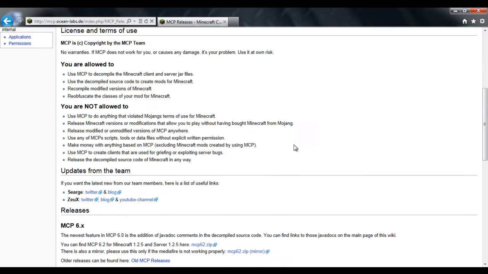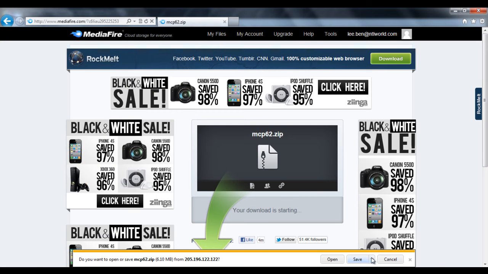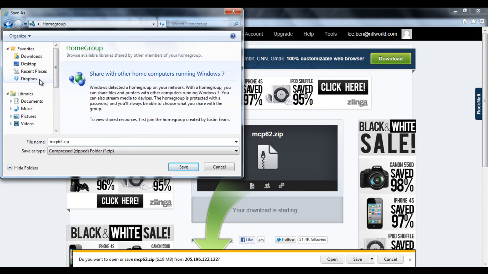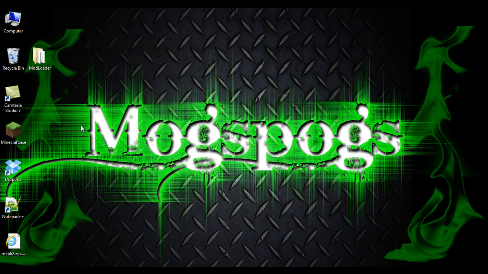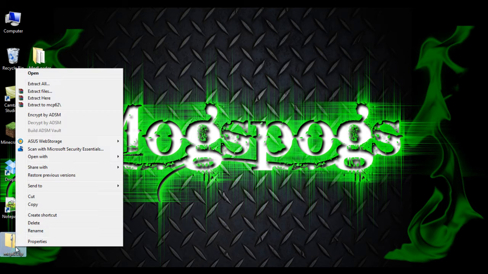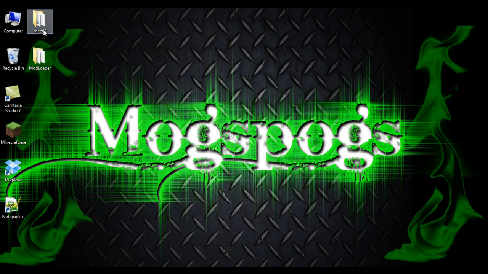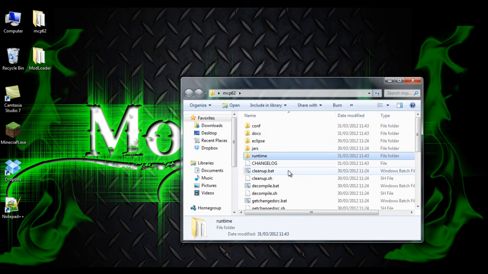Click on that, scroll down a bit, and click here for the download link. So you just want to download that. I'm going to save it to my desktop. Okay, you wait for that to download, and we can close that off, and whatever else it pops up. So we just want to extract it here to the desktop. We can delete that now, and we get a folder like this with a few other folders inside and some